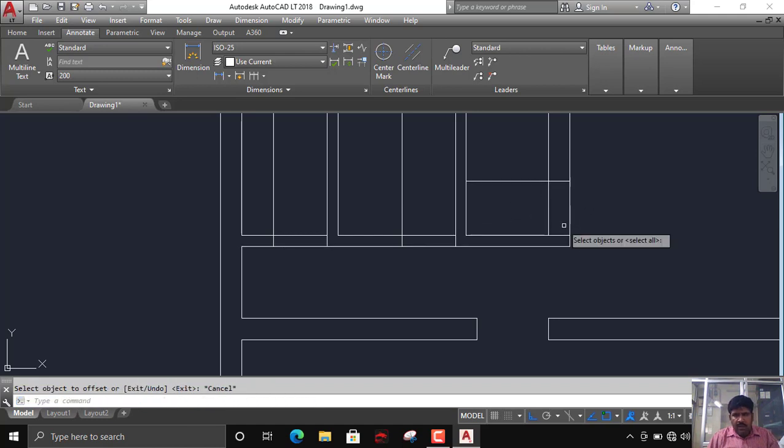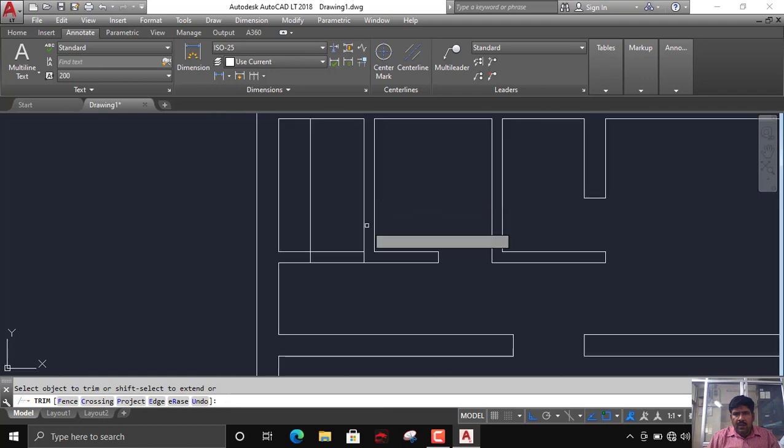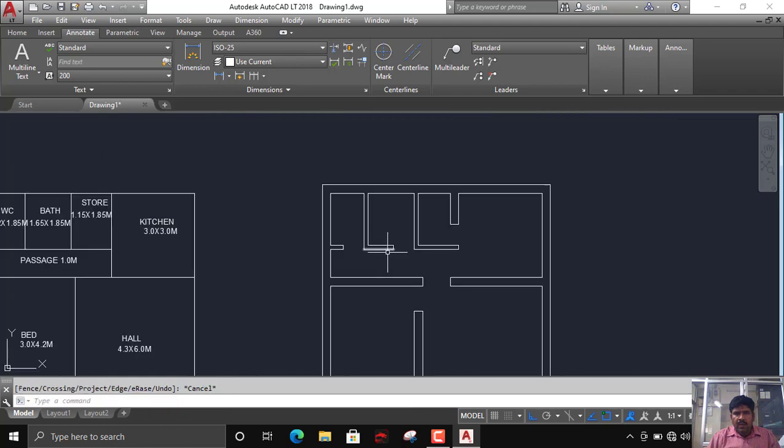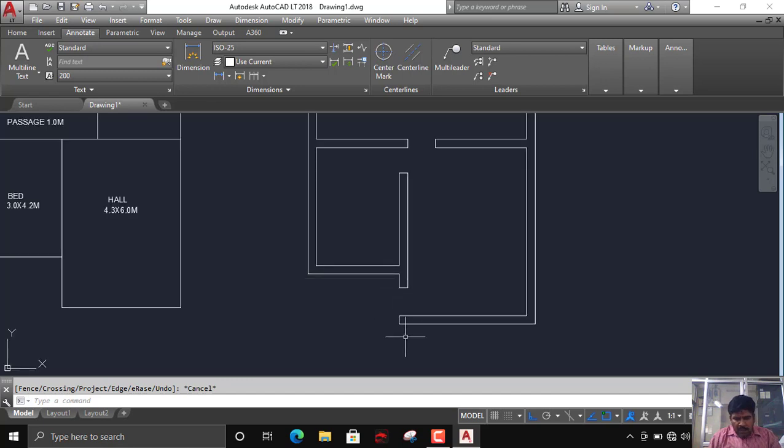this, done. Any door is remaining? No, right? And for some steps they have provided, say around steps is 1500, right?